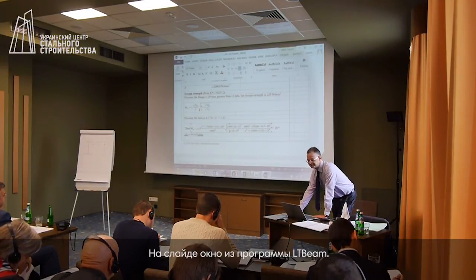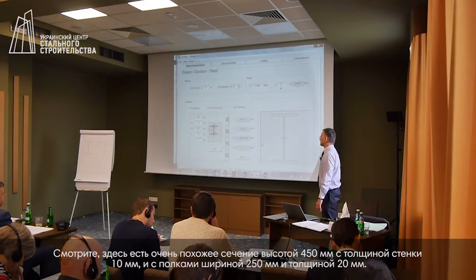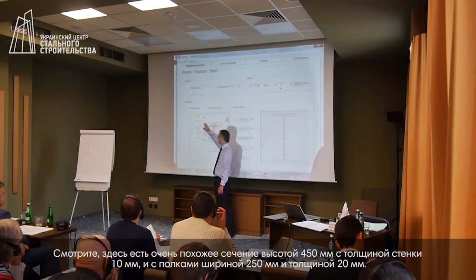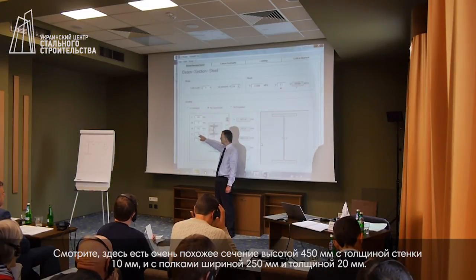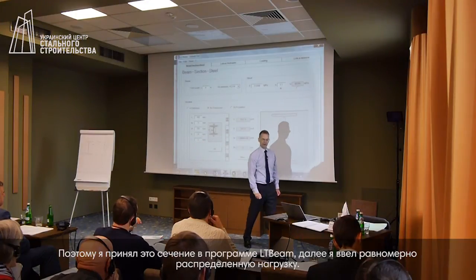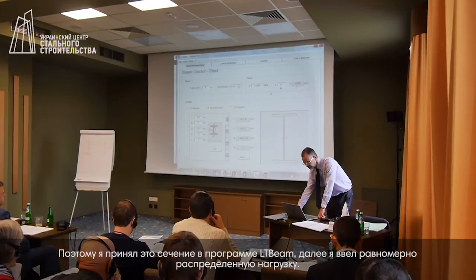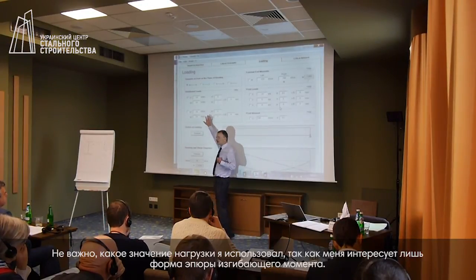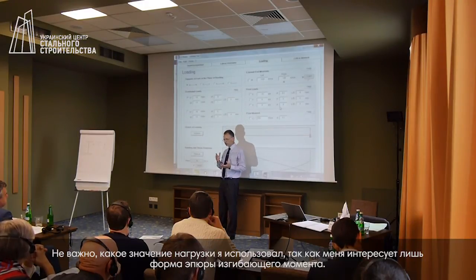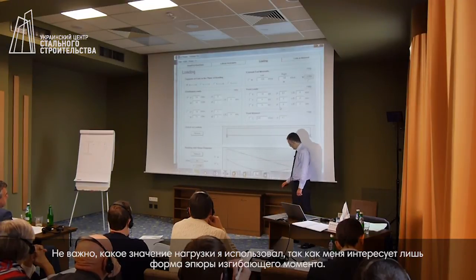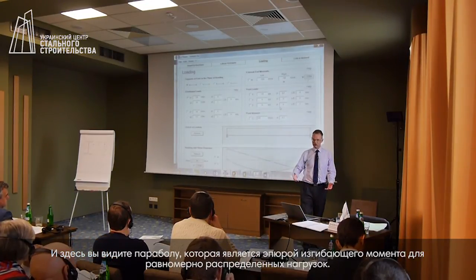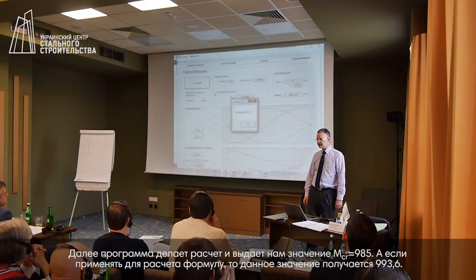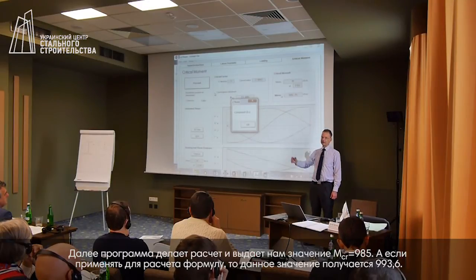Here is LTBeam. So here is the very same section. It's 450 millimeters deep. It has a 10 mil web. It is 250 millimeters wide, and the flange is 20 millimeters. So I have defined the section in LTBeam. I have put on a uniformly distributed load. It does not matter the value that I have used, because it's only the shape of the bending moment diagram which is important. And here you can see the parabola, which is the shape of the bending moment diagram for a uniformly distributed load. And then the software calculates the value, and the software says the value of Mcrit is